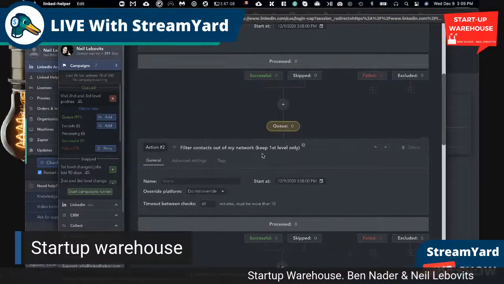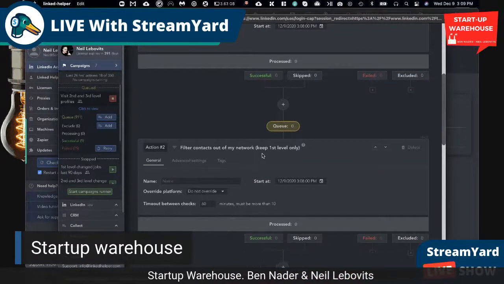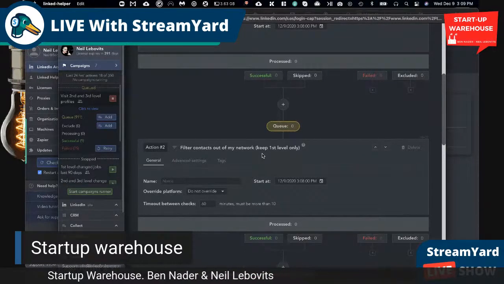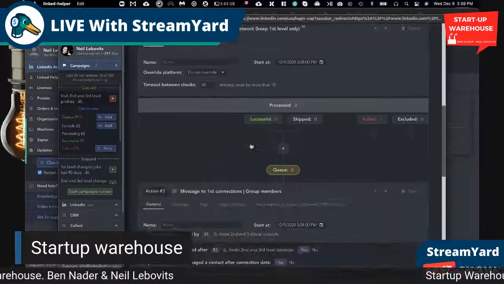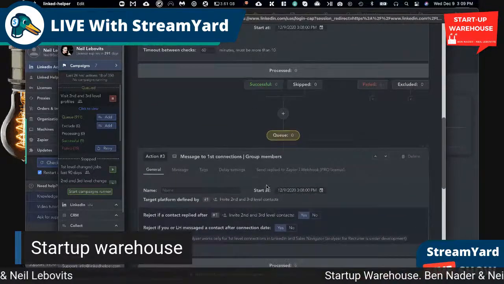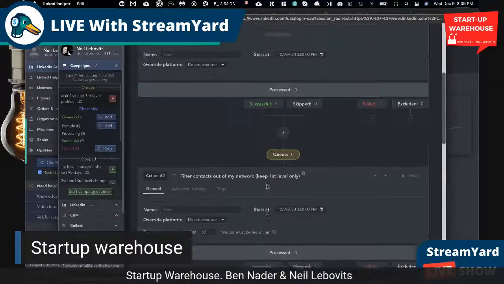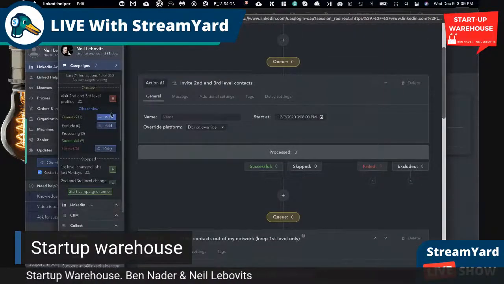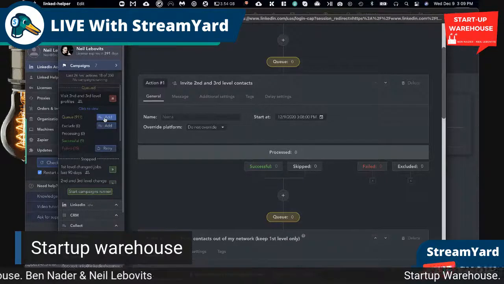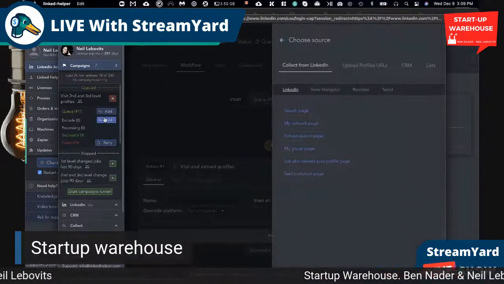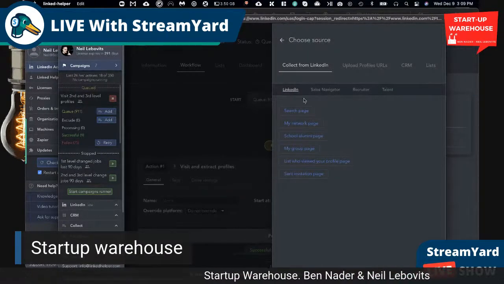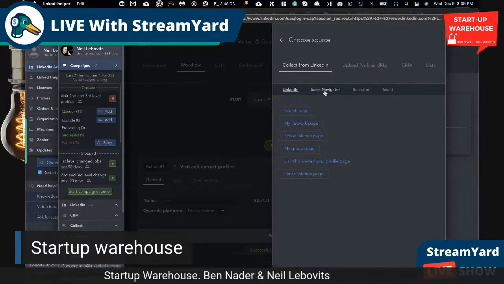Then the way it does it is it only keeps your first level connections, and then it allows you, for these first level connections, to message them, or anyone that happens to be in your group. So that's a pre-made one, and you simply go ahead and right over here you can add to your queue. The way you add to your queue is you can go to regular LinkedIn, you can go to Sales Navigator,